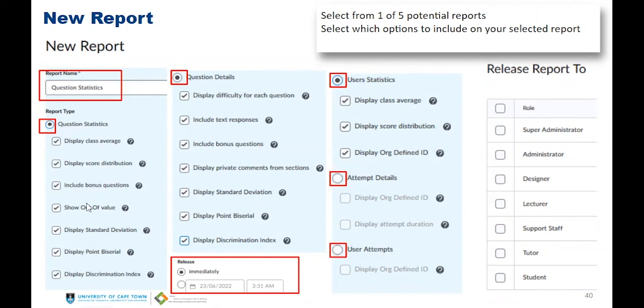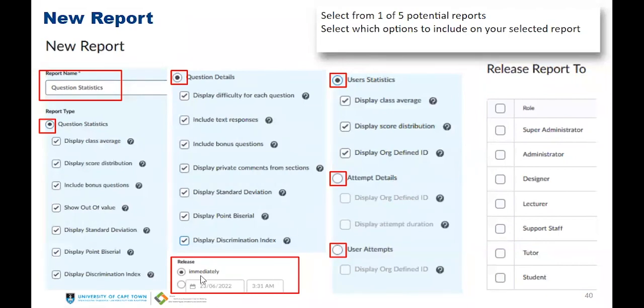What is it that you would like to show for this particular statistic report if you wanted a statistic report? What level of detail would you like to include if you wanted to show a particular report on question details, user statistics, attempt details, or user attempts? So you would first select one of these 5 and then tweak what it is that you would like to